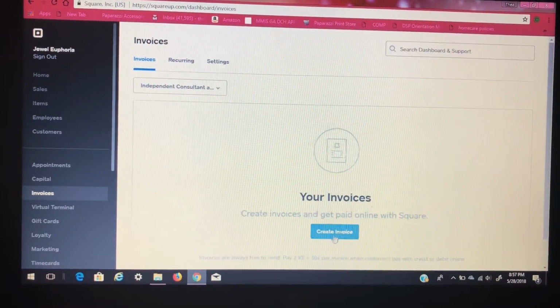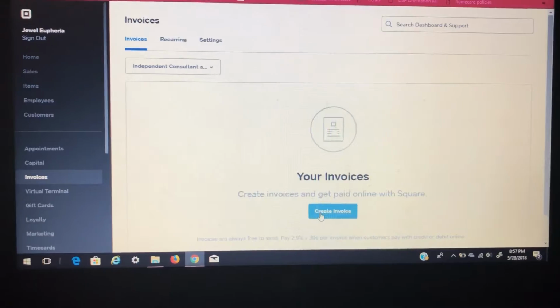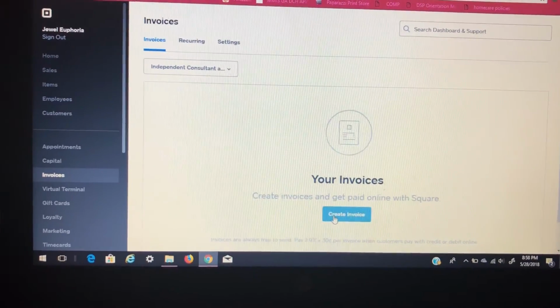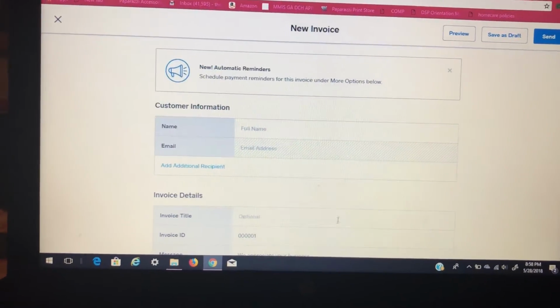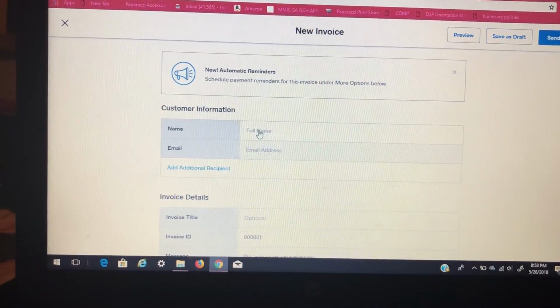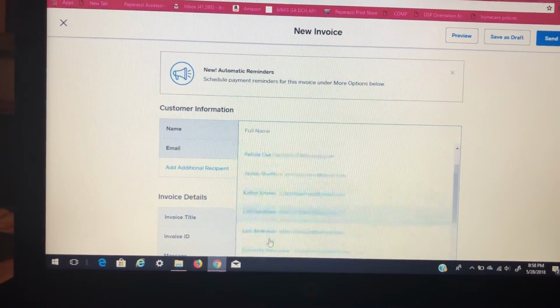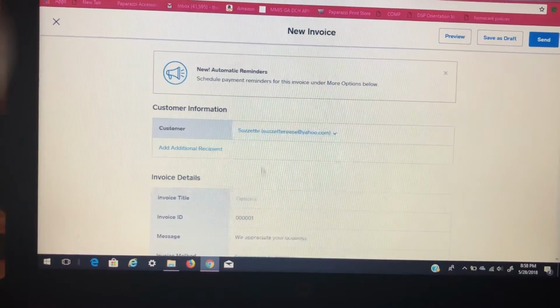Invoice. So you have created your items, you've logged in your inventory. Now you're going to create the invoice for your customer who has just purchased. You're going to put their name here. Oh, we were going with Suzette. And then you'll put